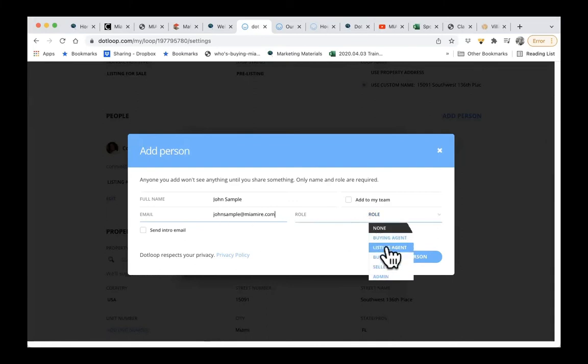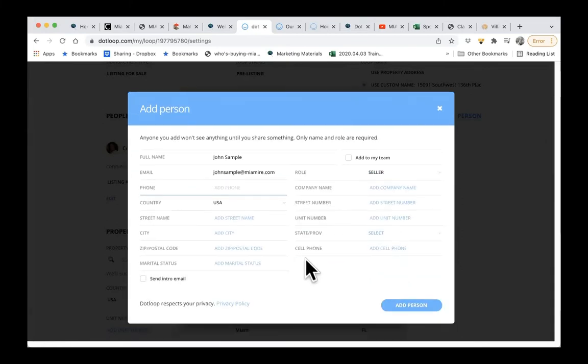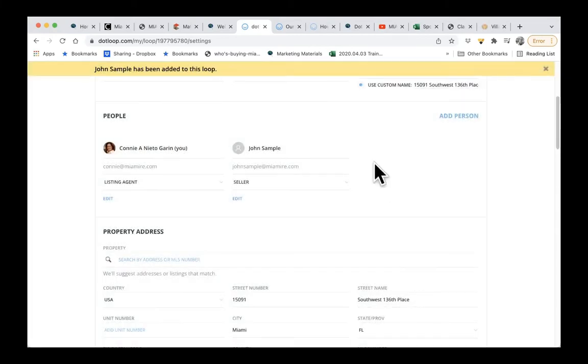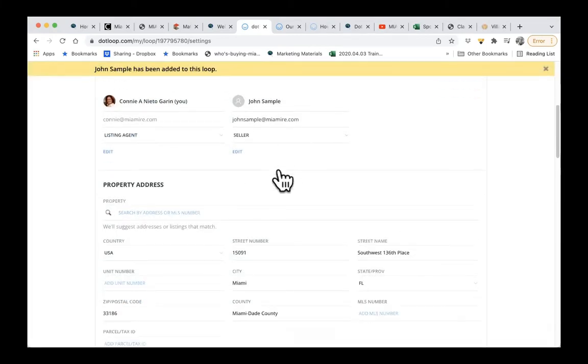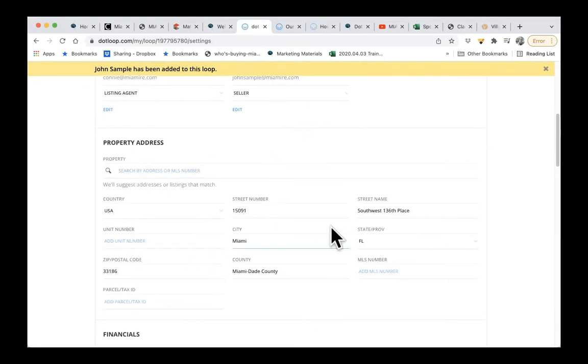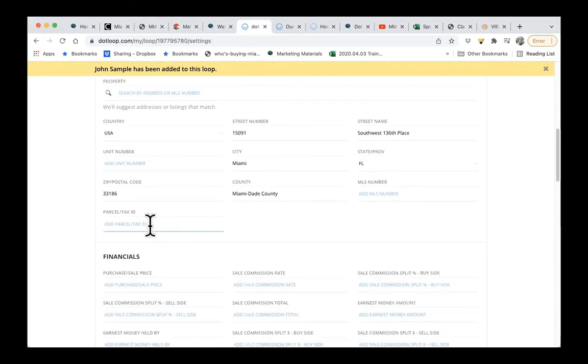And their role, I want to say that they're the seller, and I can add their contact information. I can send them an intro if I want, or explain the system. I can add the person to my transaction. I can add the property address, parcel ID info,